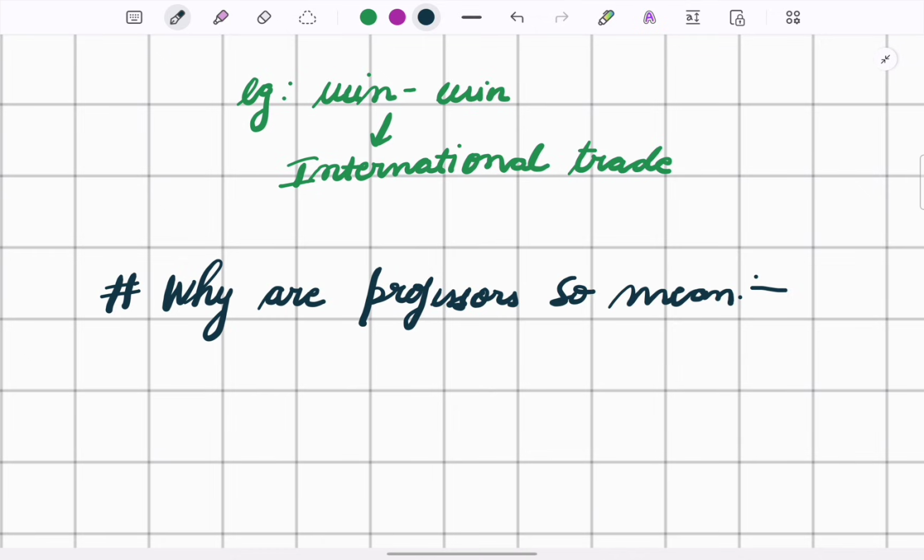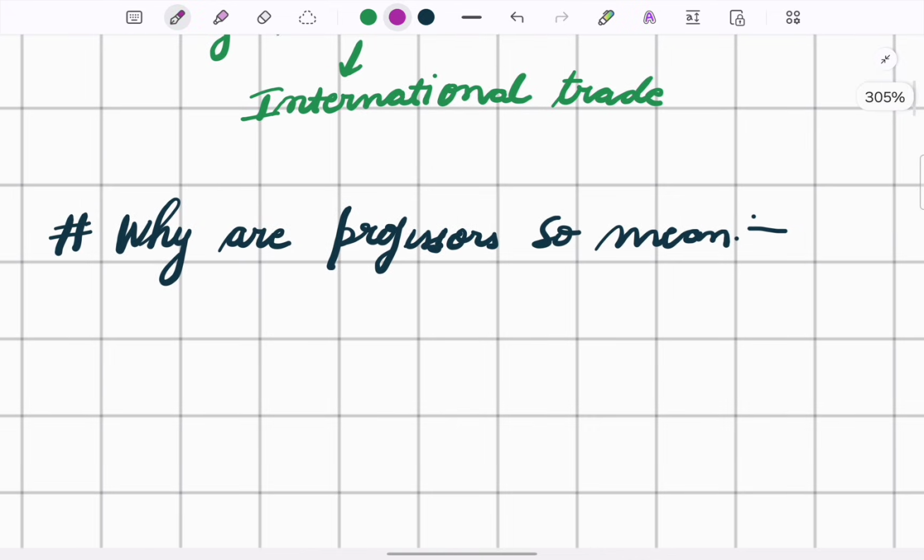So you usually have this notion that professors are very mean. They have very strict rules. They do not accept late submissions. They do not give you good grades. They do not check your answer sheets leniently, and they do not allow you to get into the class late. I mean, late entry is not allowed. Yeah. So all these scenarios make a professor seem so mean and rude,